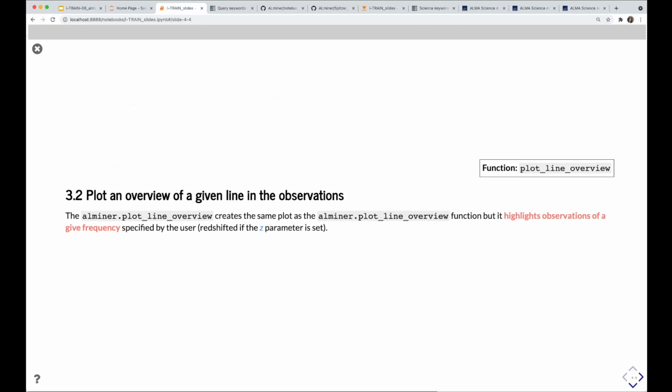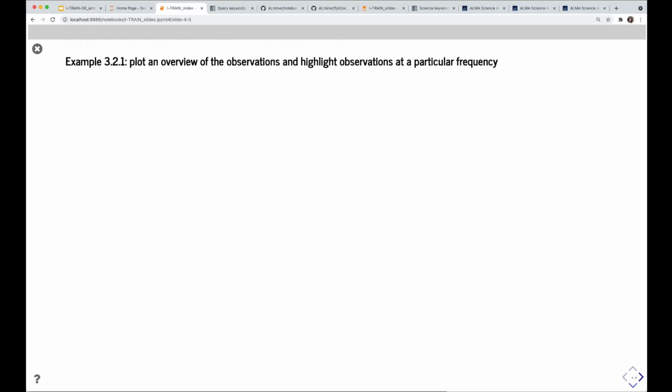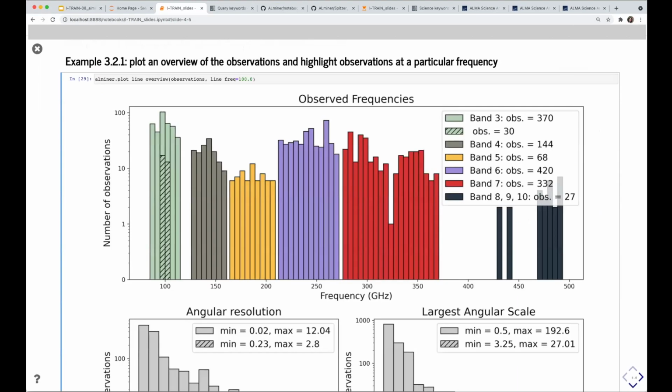For a given line that you may be interested in, we can make the plot that I just showed highlight a given frequency. So in this example, I'm showing the same plot I had before, but I want to highlight the line frequency at 100 gigahertz. So in this case, you have that plot I had, but in hatched, you can see all the observations that are at 100 gigahertz. And here we also split out how many of these 370 observations